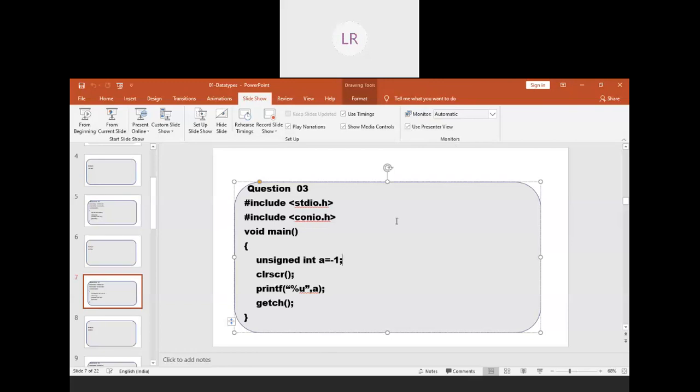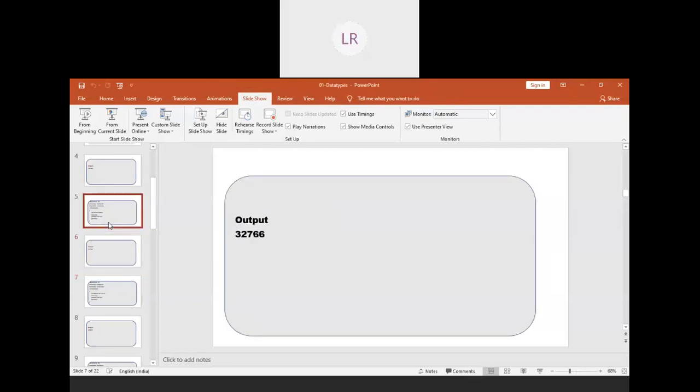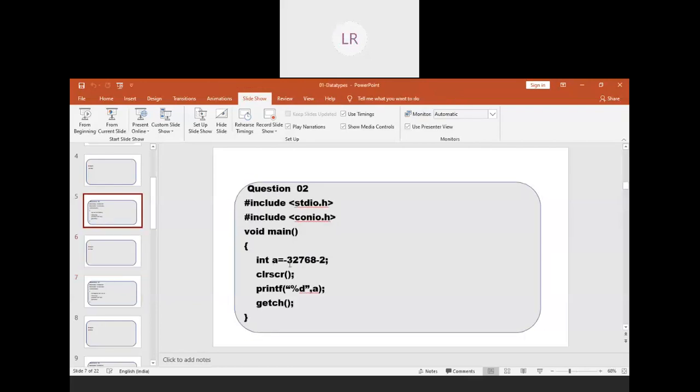Sir, in the previous question, where you told the negative numbers cycle, in the online compilers it won't take that, it is taking the next values also. No, that online compiler may be a 32-bit compiler or 64-bit compiler, because I am discussing this in a 16-bit compiler. Actually, if it is a 32-bit compiler or 64-bit compiler, integer occupies 4 bytes. That's why it is taking the value. Understood? Okay, sir. Yeah, that is the logic.